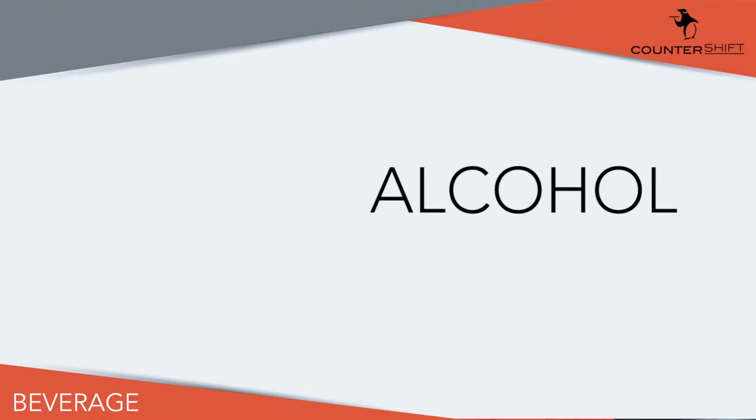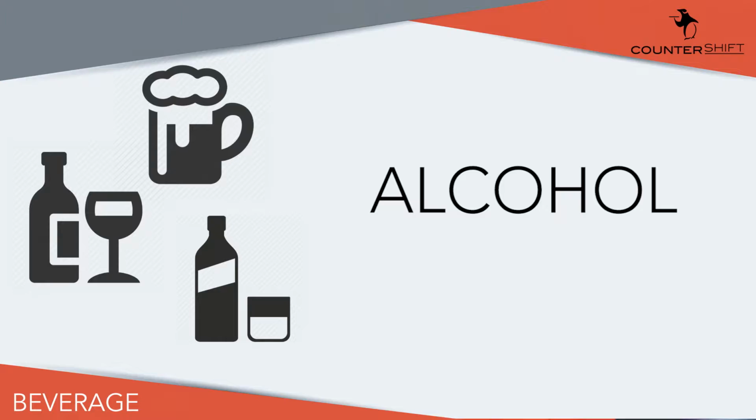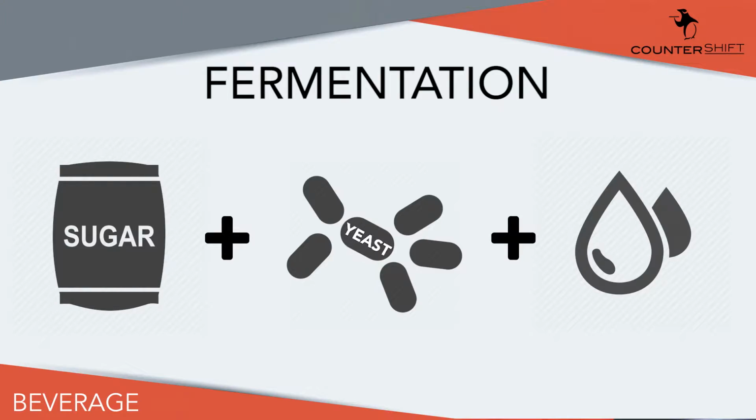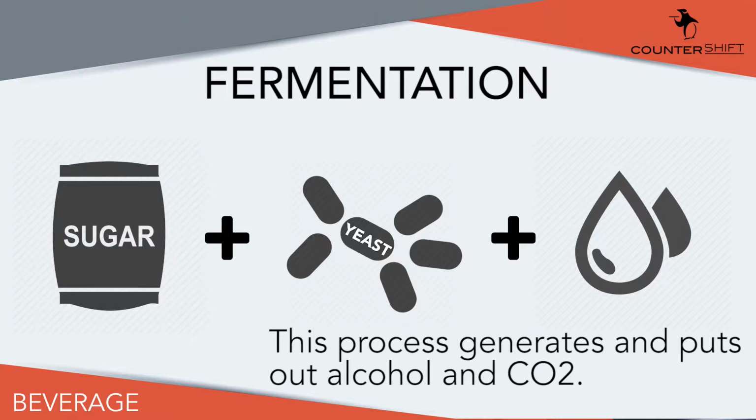Let's get started. The first building block is alcohol, and the first step is finding out how it's created. Alcohol is created by fermentation. For our purposes today, fermentation requires three things: sugar, liquid, and yeast. Take a look. Basically, yeast eats sugar and gives off alcohol and bubbles. The amazing thing is, fermentation just happens. As long as you have a liquid with sugar and yeast, fermentation will get started on its own.